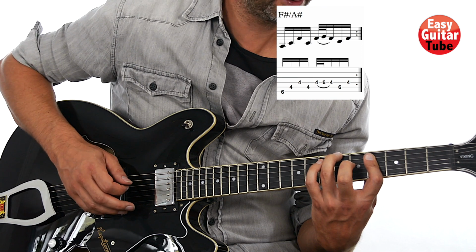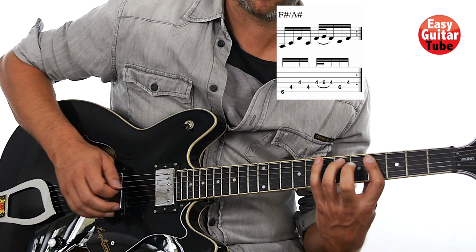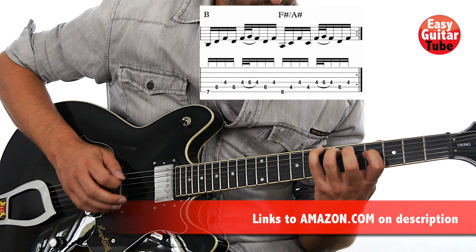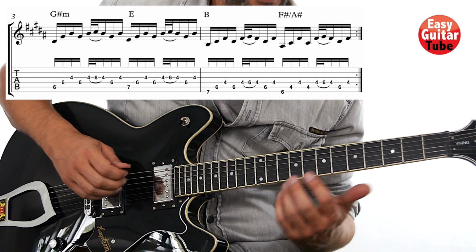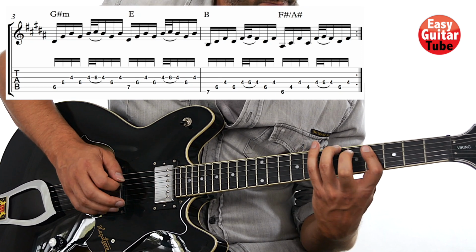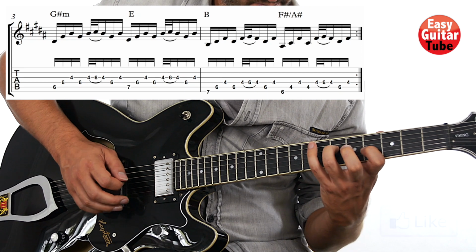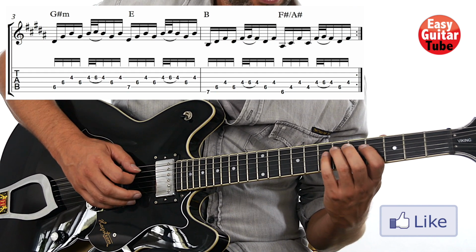And then we play as we did on the 3rd chord. Okay, so I'm going to play the whole 4th measure. I play one more time. Okay, so now I'm going to put together the measure 3 and 4. And now let's try together, measure 3 and 4. 1, 2, 3, and... Let's try one more time. 1, 2, 3, and...